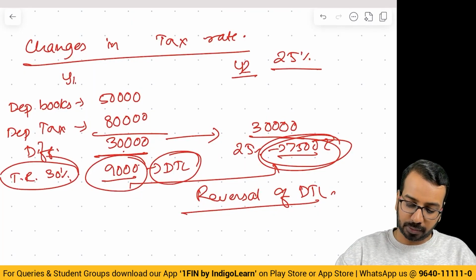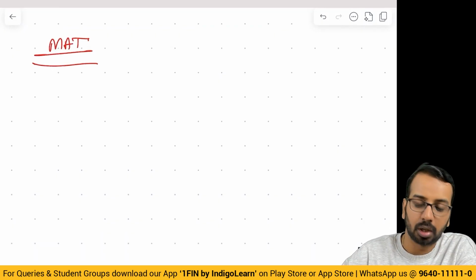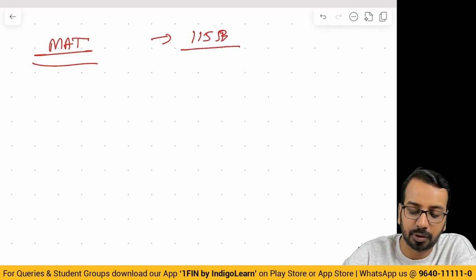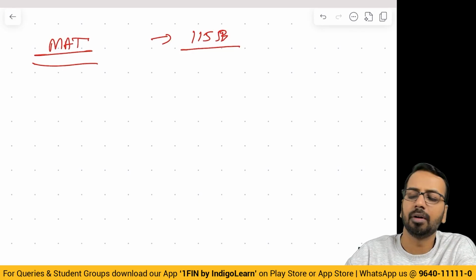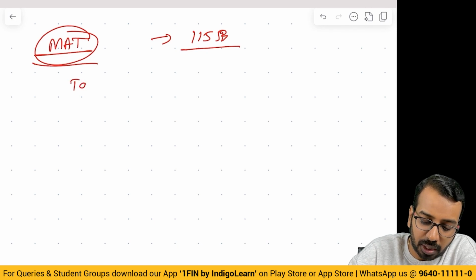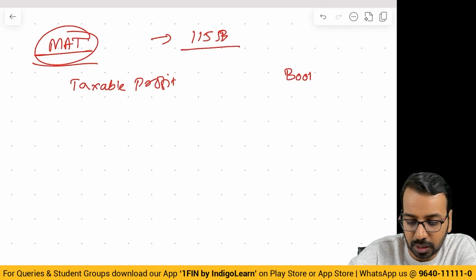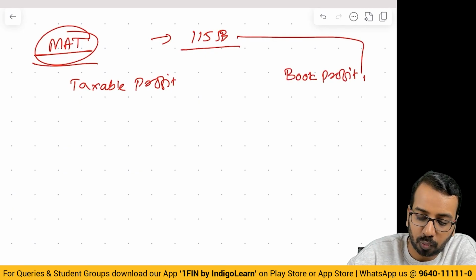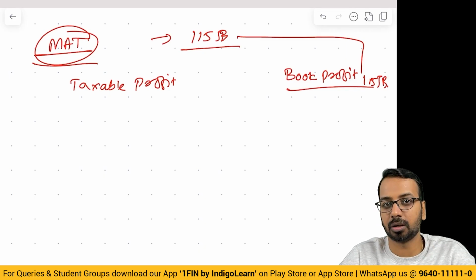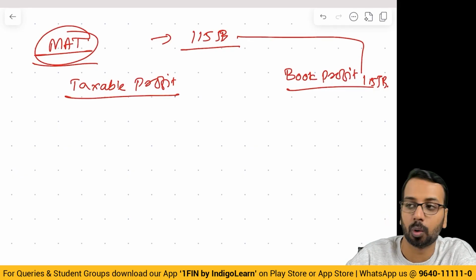Then we have one more concept of MAT, which is Minimum Alternate Tax. It is levied under Section 115 JB of the Income Tax Act. Especially when companies claim a lot of deductions, the provision says there is something called taxable profit and there is something called book profit under Section 115 JB. Sometimes you claim a lot of deductions, or there are a lot of brought forward losses which are offsetting, because of which the taxable profit will be lower,